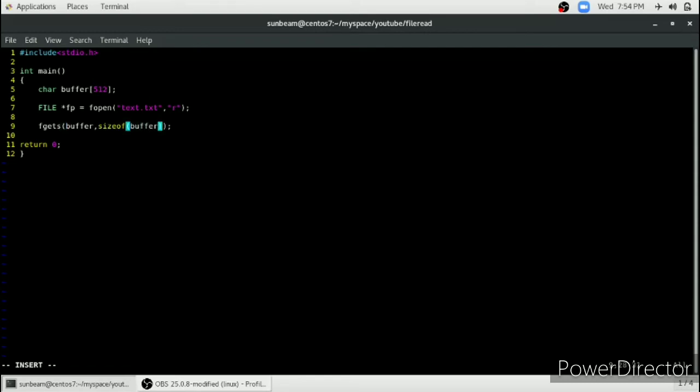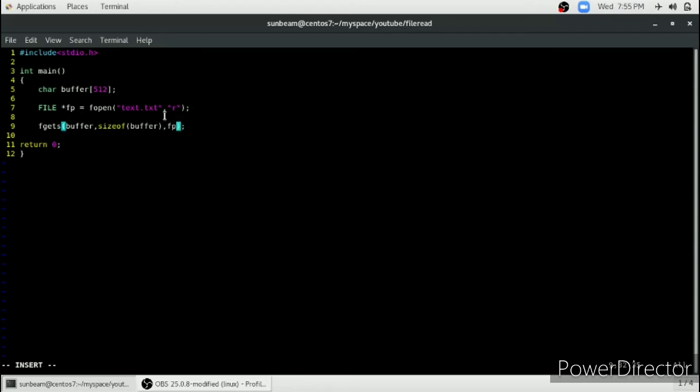So it will read 512 bytes at a time, or whenever the escape sequence occurs, that is, when a new line occurs, it will read it and write it in this buffer. The third parameter is the file pointer, which is fp, so we will take this file pointer here.